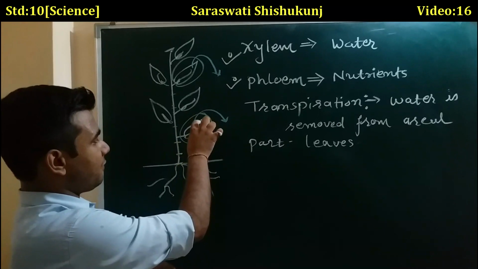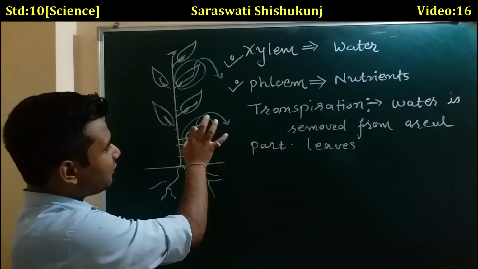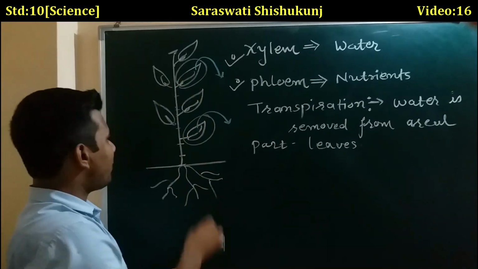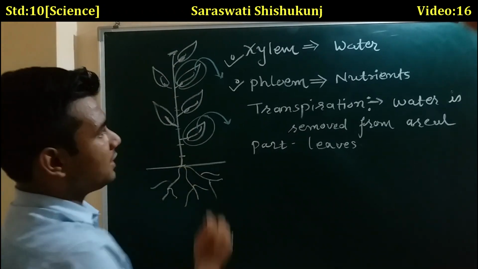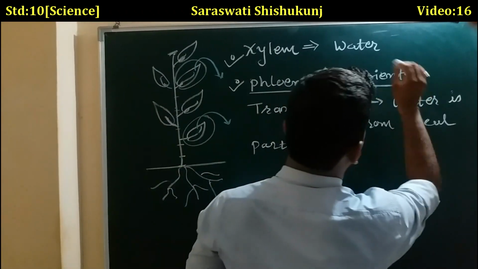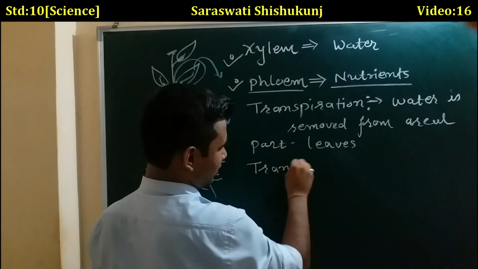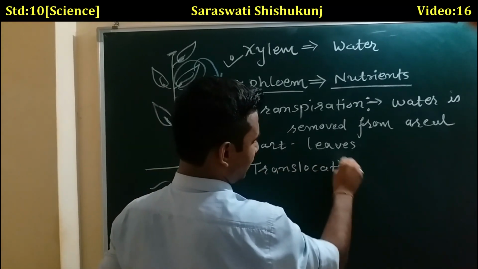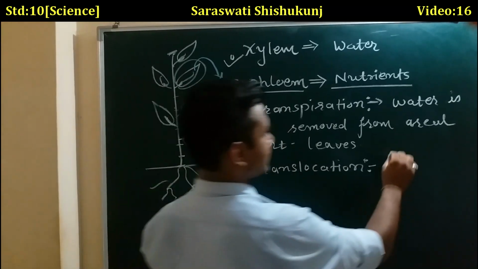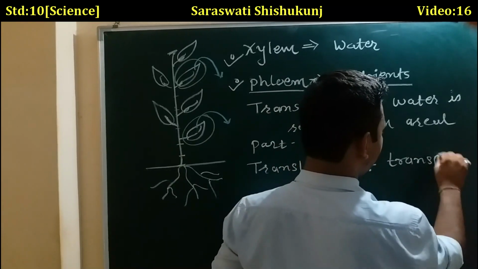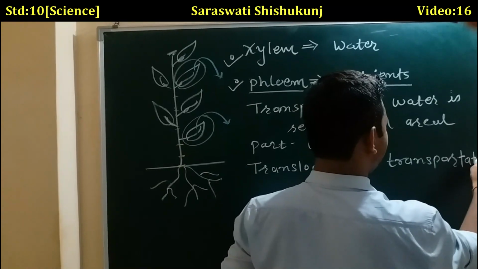By the system of phloem, the food which is prepared in leaves is sent to each and every part of the plants. For that, the phloem will work, and that process is called translocation. Translocation means transportation